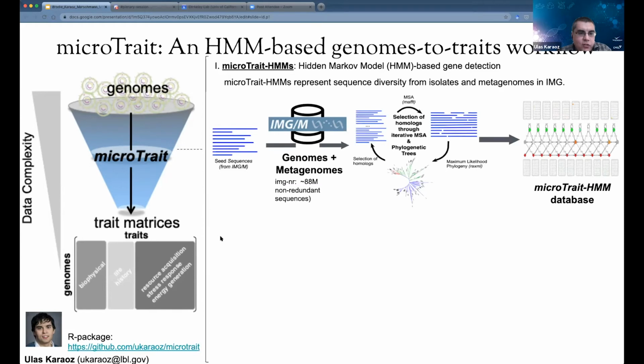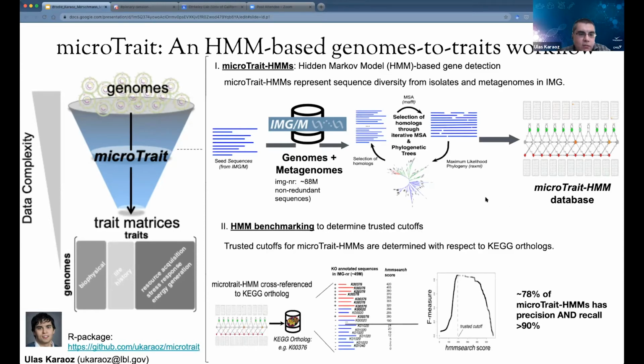And as just described in the JGI lecture, we use this model-based approach to curate gene-level models. So these are not domain-level, these are gene-level models to detect loci that underlie these traits. So this gives us a curated database of HMM models, essentially. Then we take each of those models and determine trusted cutoffs, which tell us what kind of precision and recall we are expecting when we do the searches with these models.